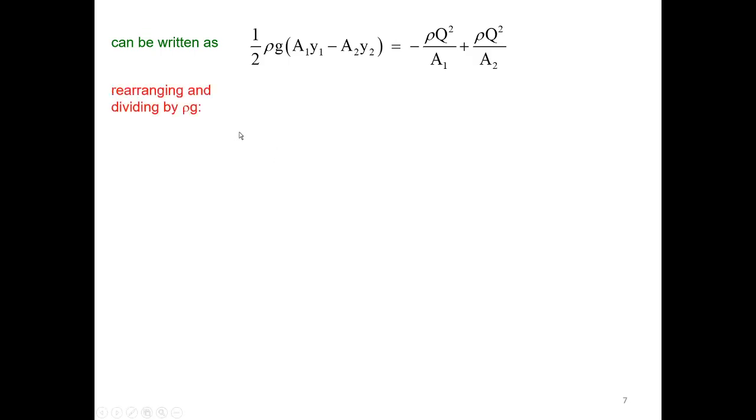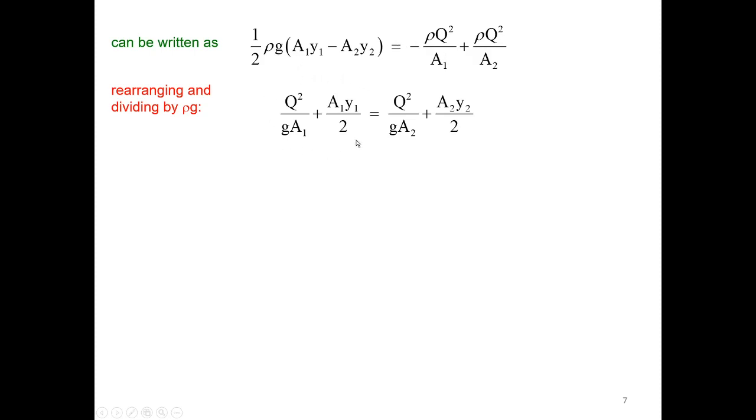Yes, the previously shown formula can be written as you see here: 1/2 of rho g (a1 y1 minus a2 y2) equals minus rho q square over a1 plus rho q square over a2. If I rearrange this equation and divide both sides by rho g, then I will have